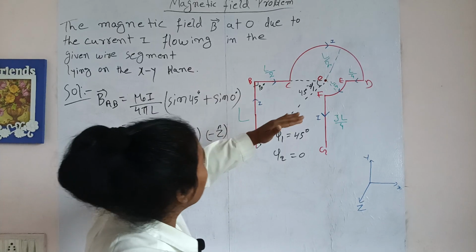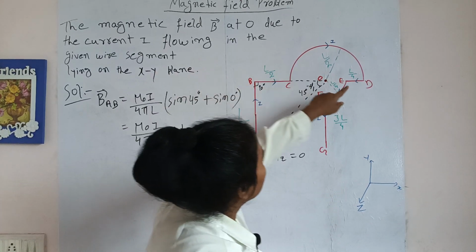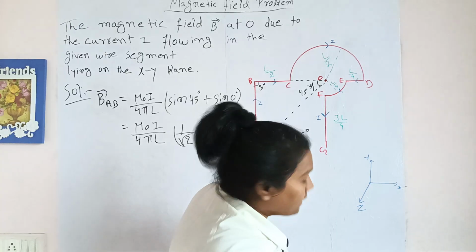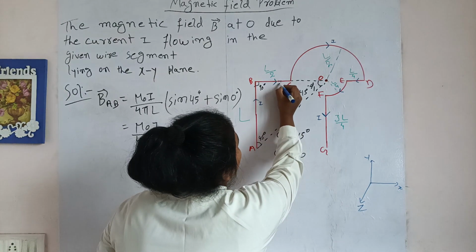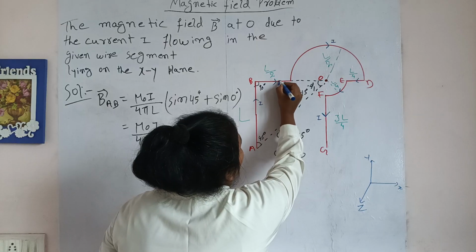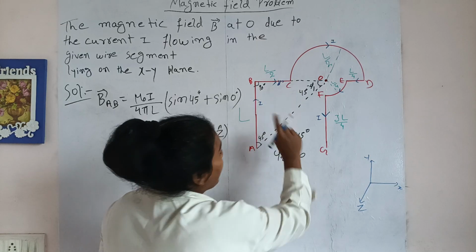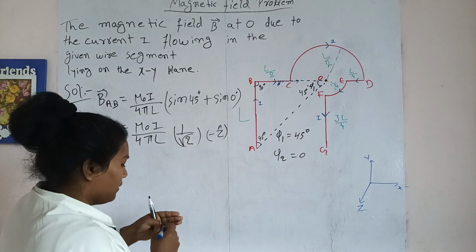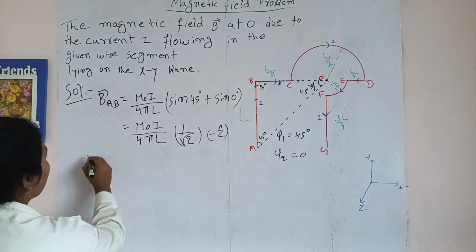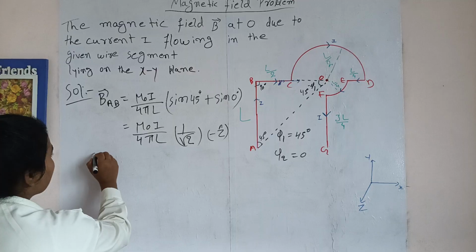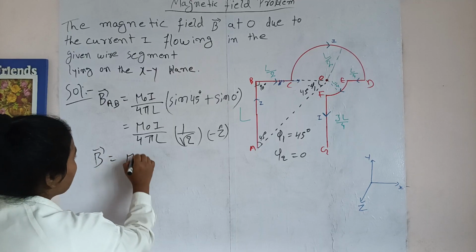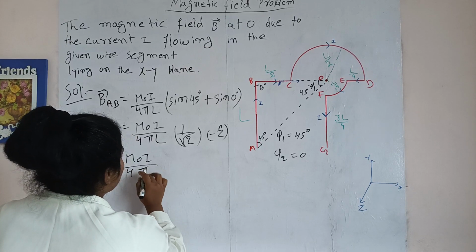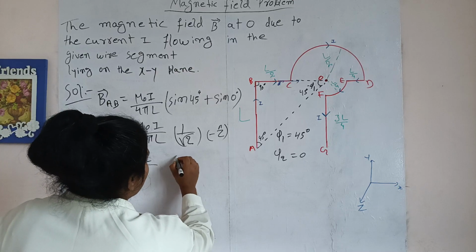Now come to this segment. For parts BC, DE and FG, we will calculate it. For part BC, if we choose our dL here in the direction of I, the direction of I dL will be this, and the direction of r will also be this. So by using the Biot-Savart law, which gives the direction of magnetic field at any point, mu naught I by 4 pi, I dL.